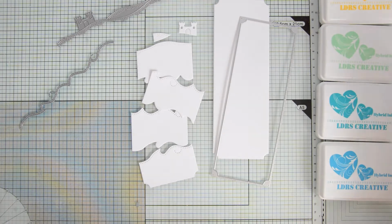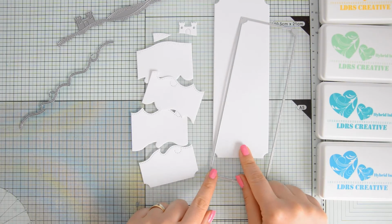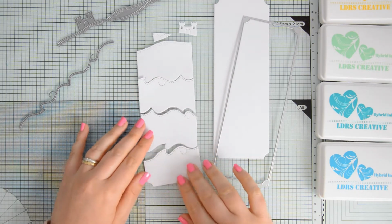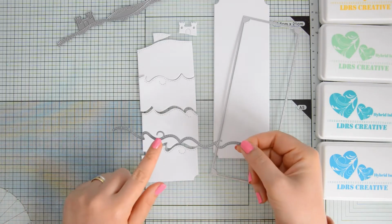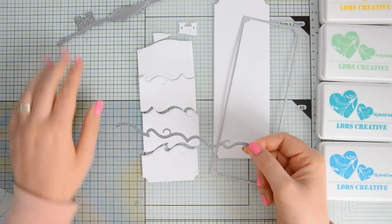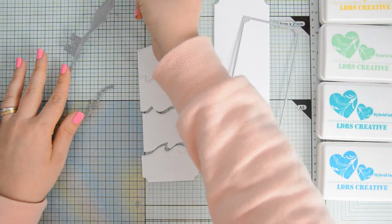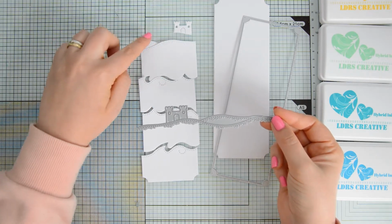As a first step, I did some die cutting and I cut some watercolor cardstock using these SLIMLINE corner scallop dies by LDRS Creative. I cut two different panels, and on the second one I did some additional die cutting to create the elements for my scene. I used the By the Sea and At the Beach die set, also by LDRS Creative, to create my sandy